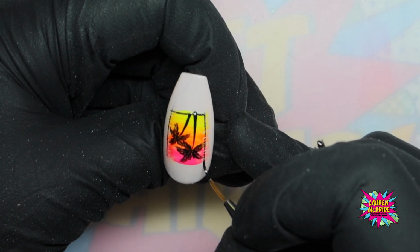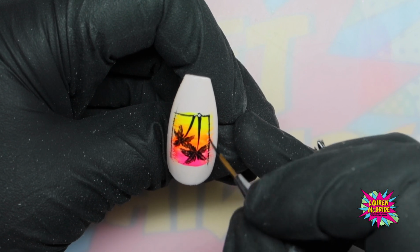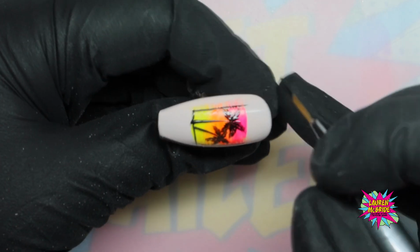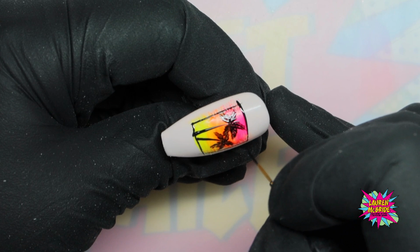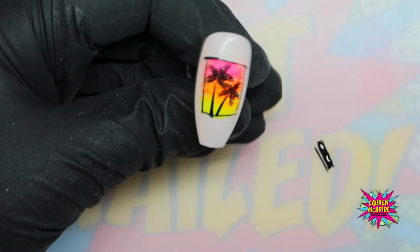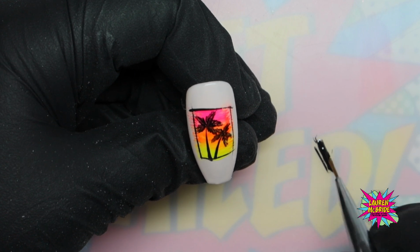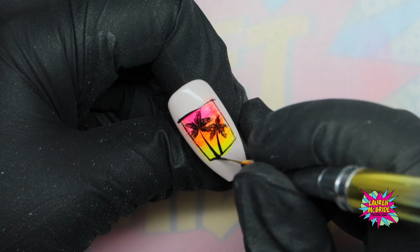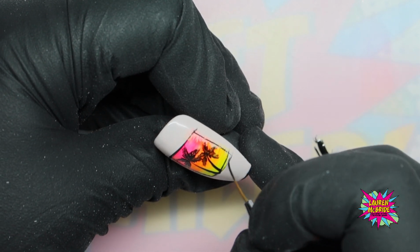And I'm going to do that first line of my main frame to begin with. And the reason I'm doing that is because it's going to help me to then be nice and random, because I've got my main frame in there. Okay, so again, loading up my brush, and I'm now going to start to do a few more just random